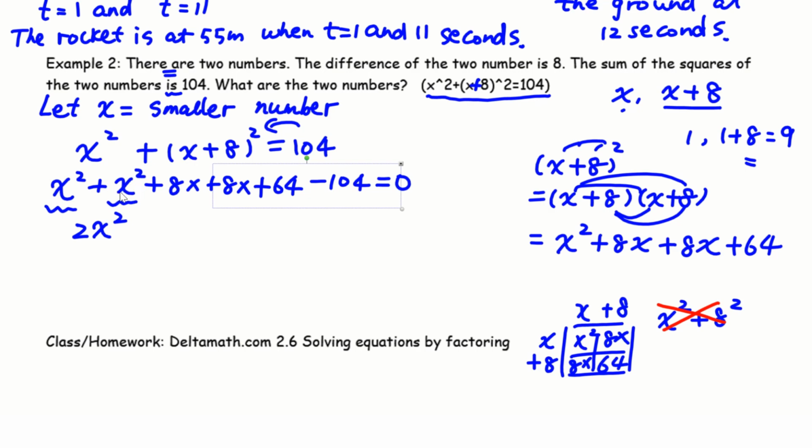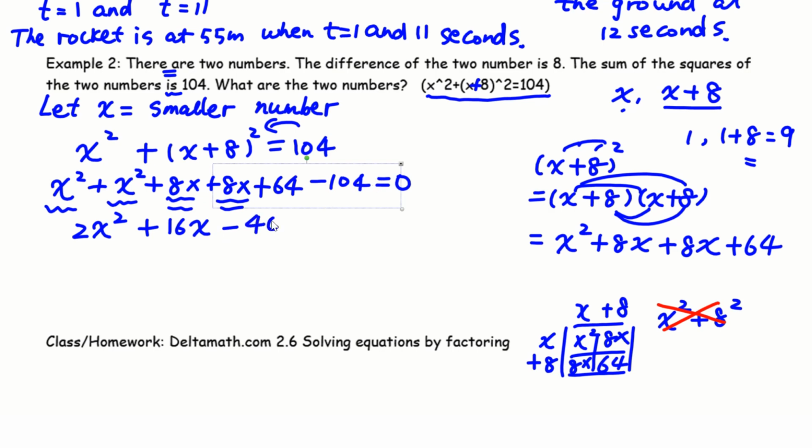Treat the x squared as a unit. So 1 plus 1, then $1 plus $1 give you $2. So x squared is not x to the exponent 4. So 1 apple plus 1 apple give you 2 apples, not apple squared. So this is adding, the unit won't change. So 8x plus 8x, you will have 16x. 64 minus 104 give you